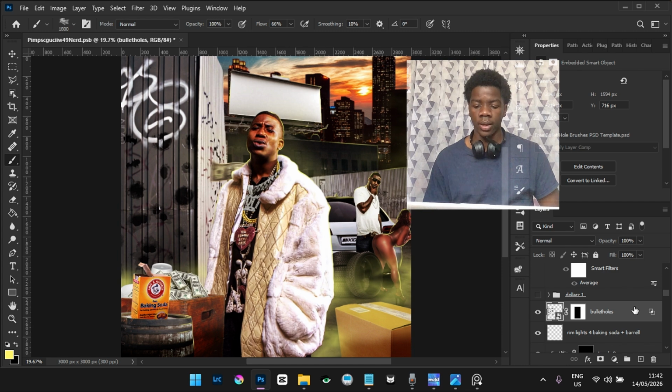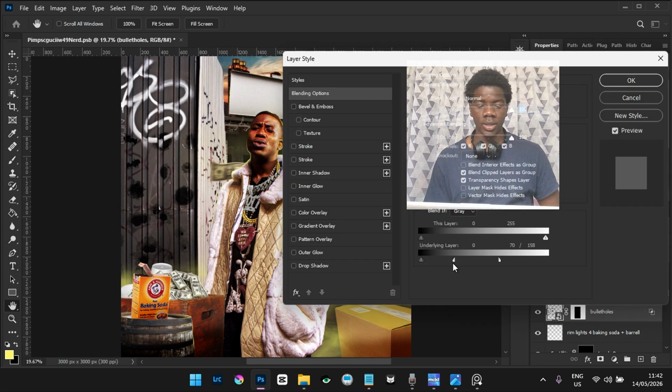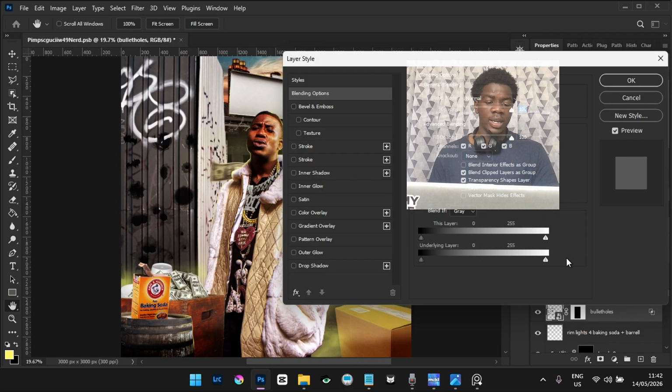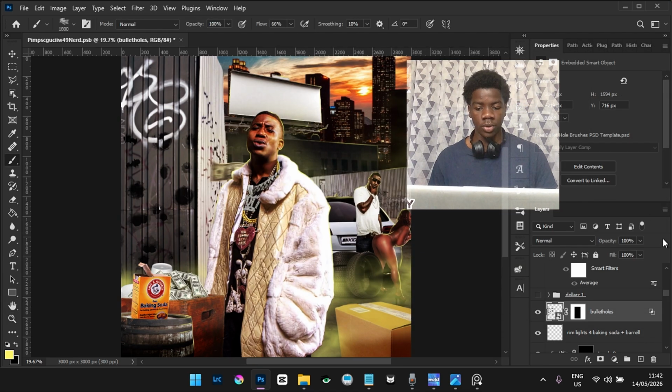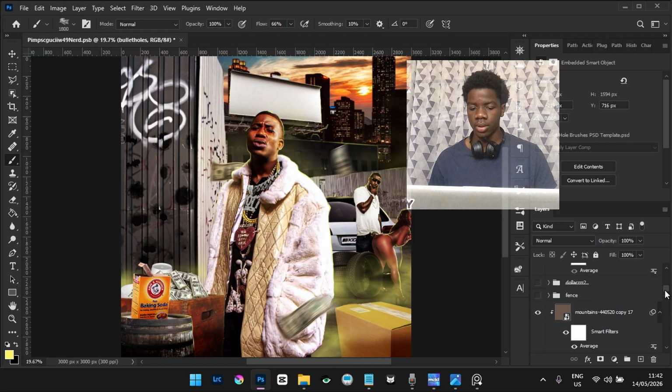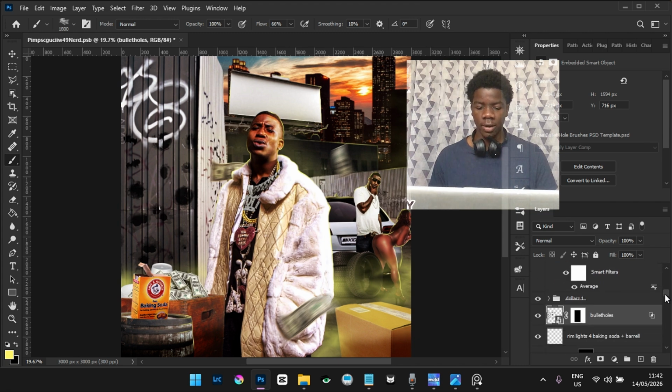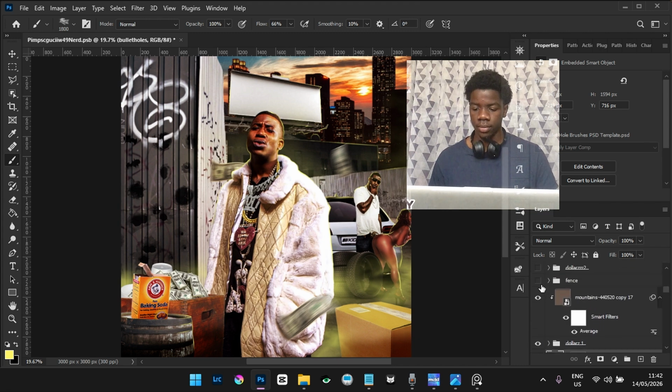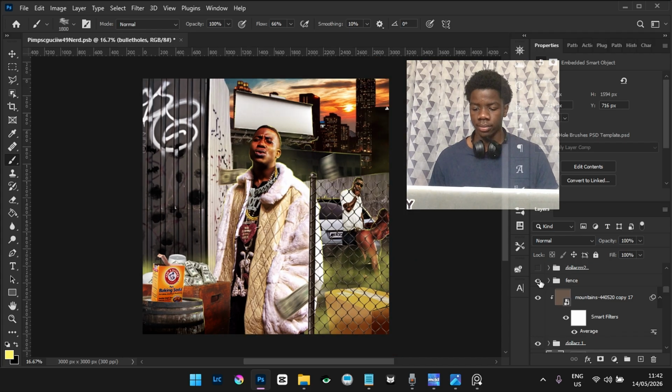So how do you apply blend if? So the slider is over here. I need it to look like it's actually on the metal, so I'll just hold Alt on my keyboard and then drag this, and then I'll just drag these two, so it's looking kind of realistic. Yeah. Then I added more money, motion blur applied to them, of course. And then fence, I added a fence. Then more money,